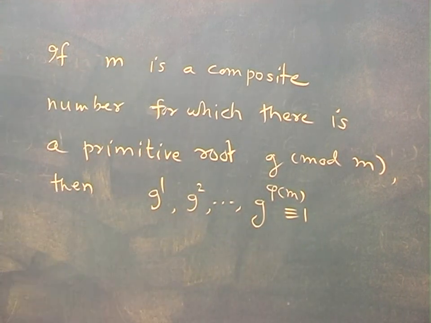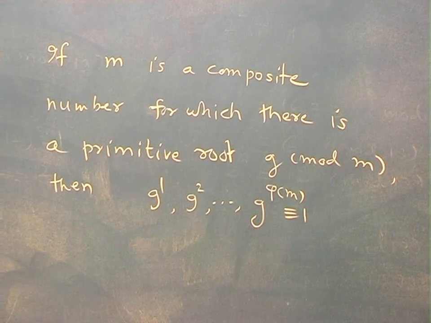So G raised to phi m is 1, and phi m is the order of G, because G is primitive root. And these powers are distinct,